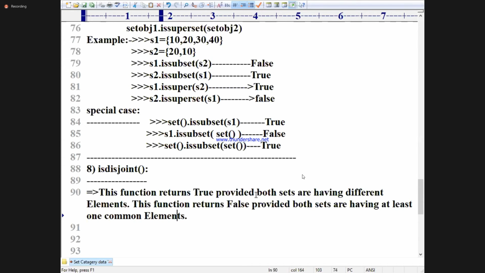That's perfect. Syntax: set obj1 dot isdisjoint of set obj2.